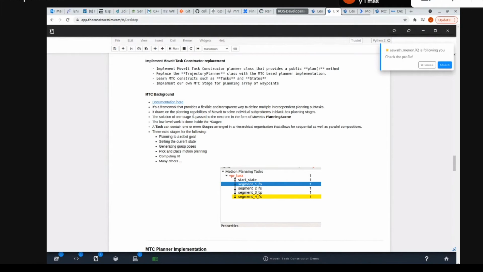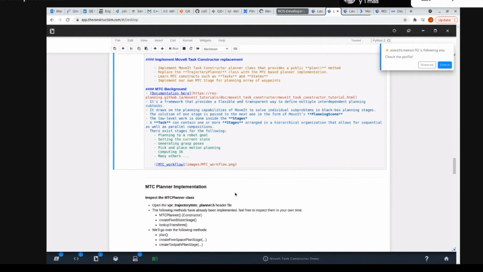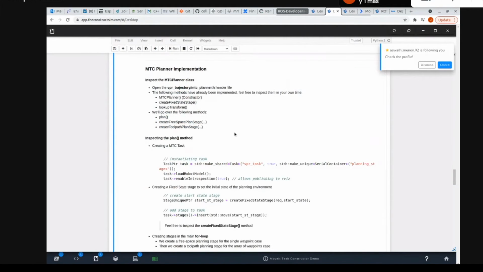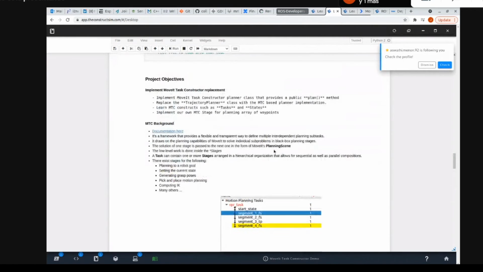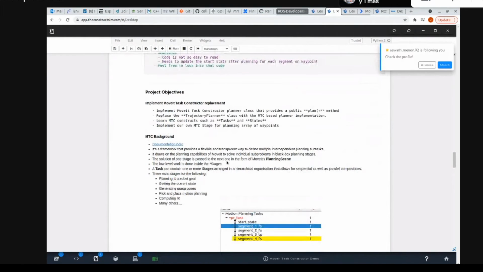so a stage is a component that generates a solution for a specific job, right? And once it solves that job, then it passes its solution forward so that the next stage knows where to begin. Each stage passes its own solution to the next one in the form of a planning scene. So if you used MoveIt before, the state of the environment, a robot environment, is captured in this planning scene. That planning scene has all of the information about where the robot currently is,